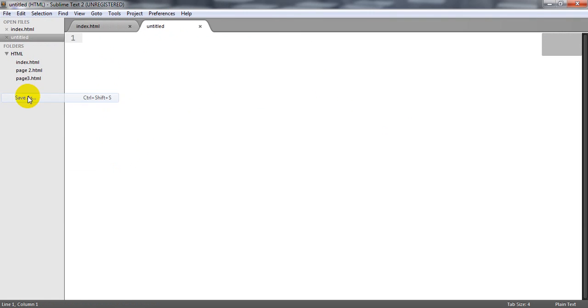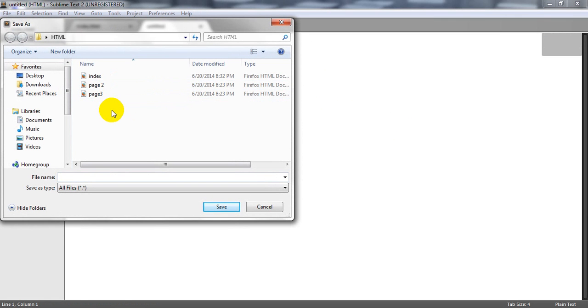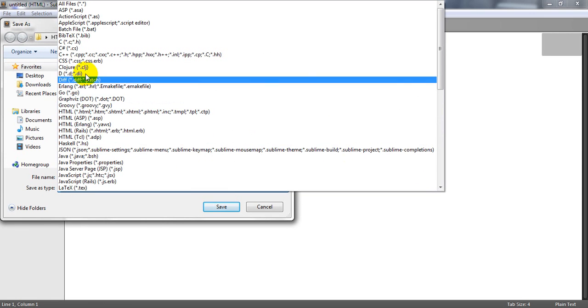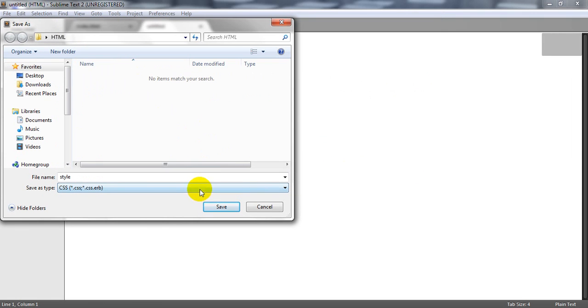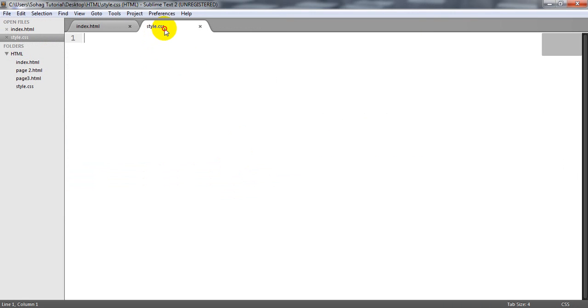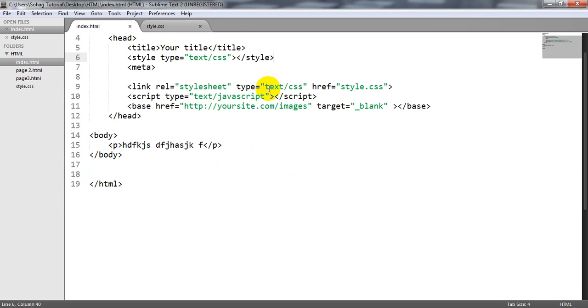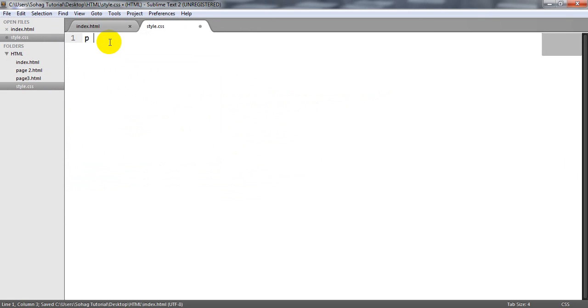File, save as style.css. This is a cascading style sheet file, with css extension .css, and save it. Now we link the style here.